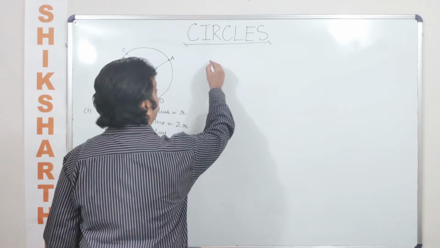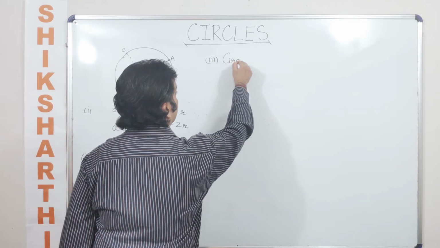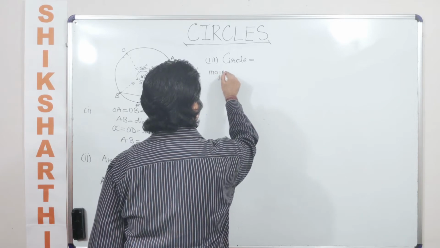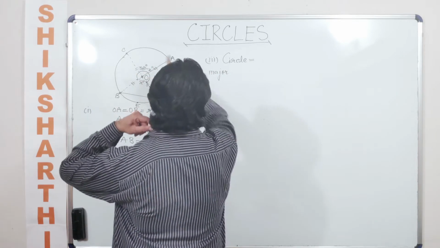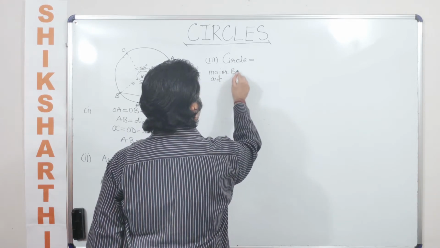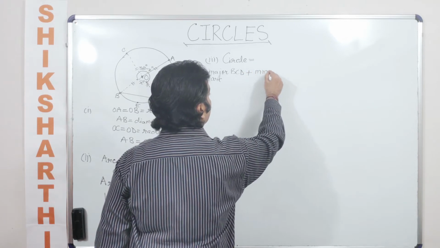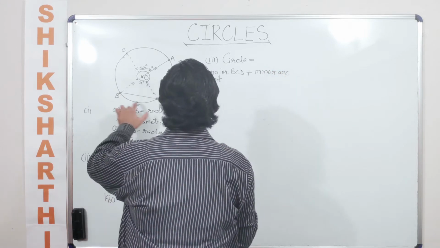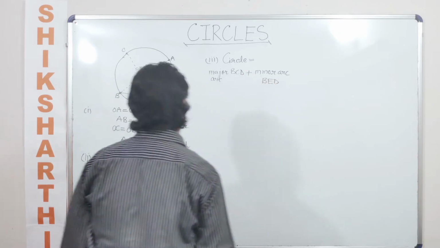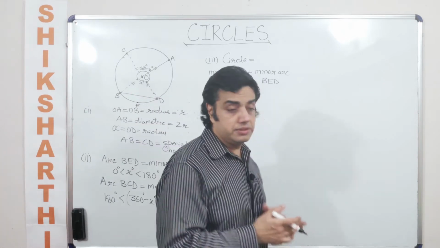So taking this discussion forward, point number 3, can I say that a circle is formed out of a major plus a minor arc? So let's say major arc BCD plus the minor arc. What is the minor arc here? BED. This is how a circle is formed. Okay. So we understood what is the radius, what is the diameter, what is the definition of an arc,